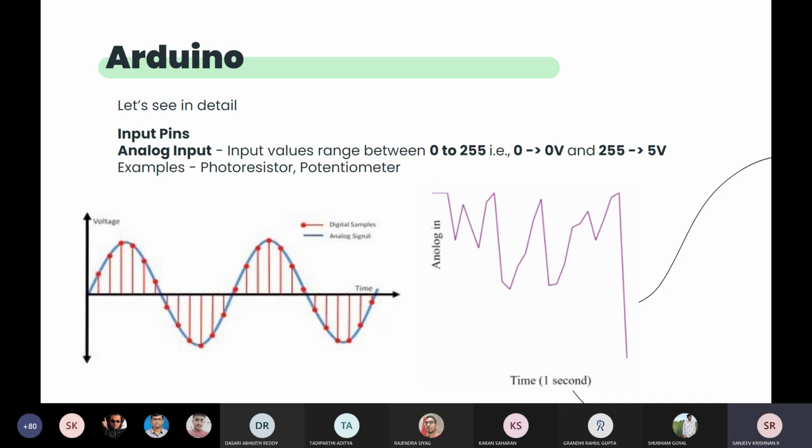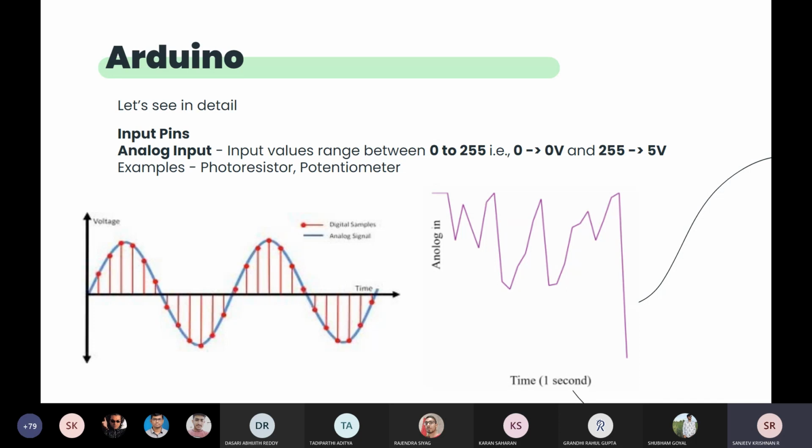In analog inputs, the signal comes to the pin in a range of 0 volt to 5 volt, and if the sensor giving the input is giving above 5 volt, then it has to be reduced using a resistor, because Arduino can handle only up to 5 volt, right? So it has to be compressed to the range of 0 to 5 volt using resistors, and at the pin it should be 0 to 5 volt only. And once received inside, there are systems for that.